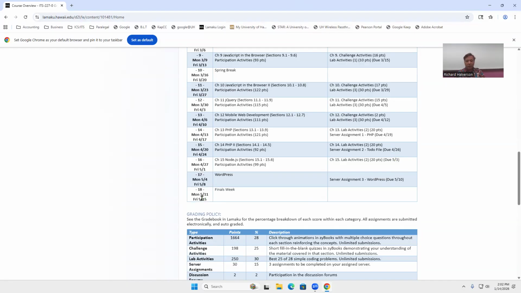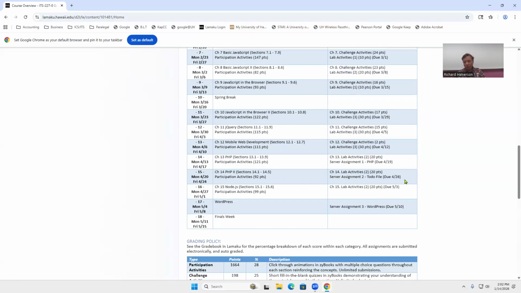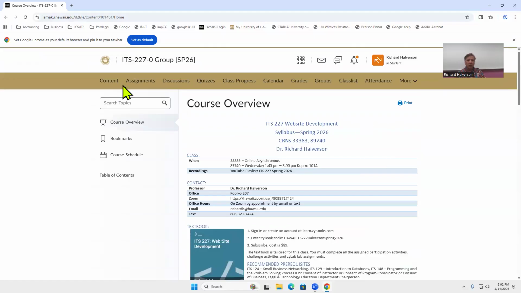Everything has to be in by the weekend after the last day of finals. So it's going to be like Sunday or Saturday, May 16th. Okay, probably Sunday, May 17th. That's when you have to have everything in, except, oops, I forgot. In this class, there are assignments that have to be graded by hand. They're server assignments, so I forgot about those. If you click on assignments,